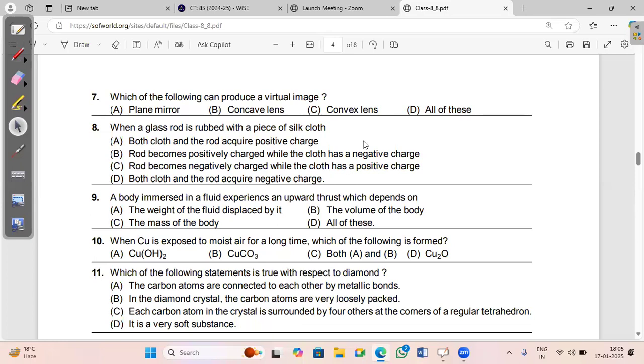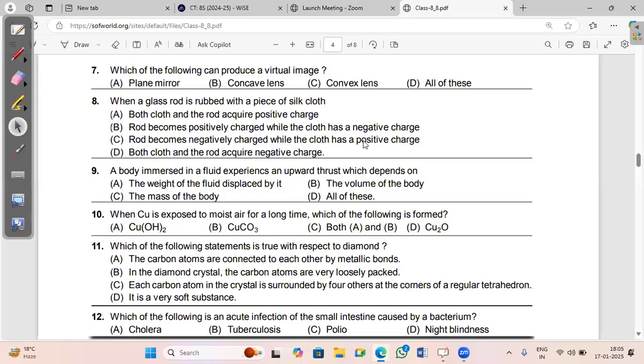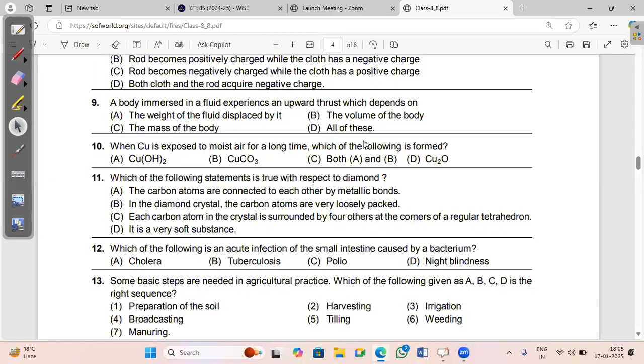Question 9: a body immersed in a fluid experiences an upward thrust which depends upon what? It depends on option A, the weight of the fluid displaced by it. Okay. Next is: